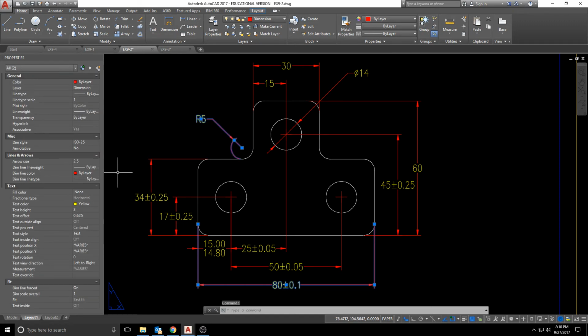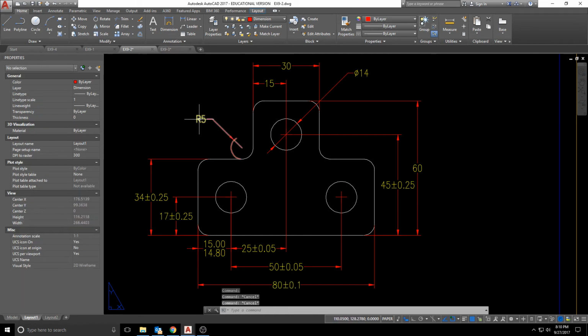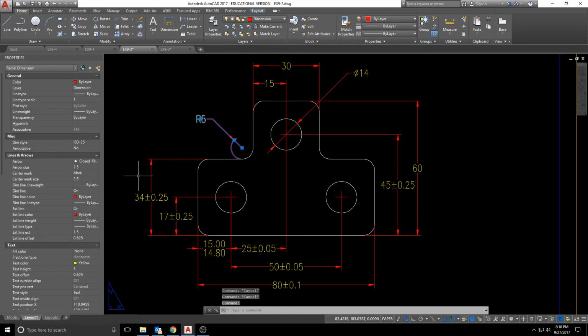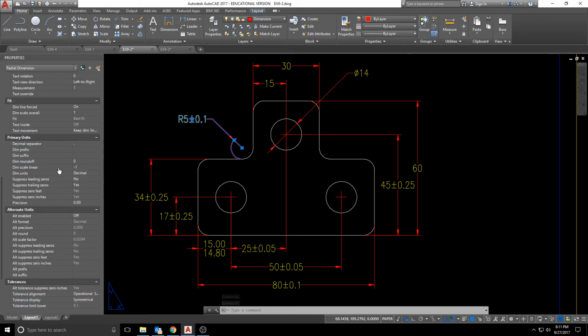If I click on this and I come in here, I'm going to scroll down because there's other stuff that I want to change. Let me make sure that this one's no longer selected. So I can take that R5, come down here and change this to symmetrical, and change this to 0.1. Now, to get the 8 places in there, there's a couple of different places that I can do it. If I come up here to the primary units, for the dimension suffix, I can actually go ahead and add